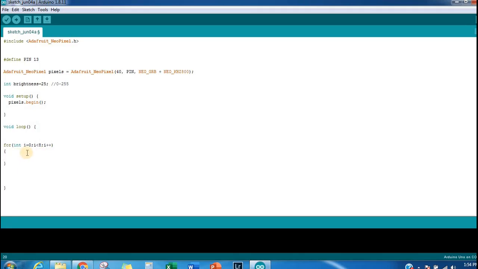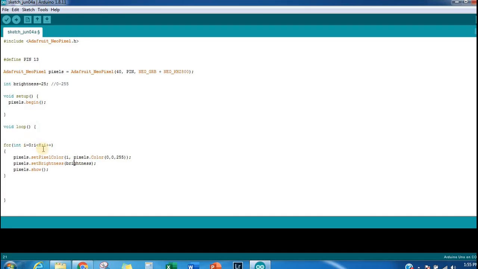I will just paste the code here. pixels is the object we defined earlier, and this is the method or function to set the LED color. In this function there are 2 arguments. The first argument will state the LED number to light. That LED number we give using the variable i.